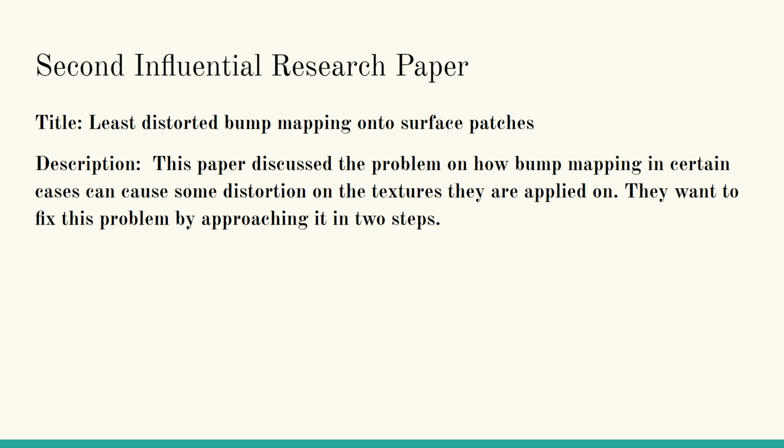with bump mapping. The second influential research paper was Texture Mapping and Bump Mapping onto Surface Patches. What this paper talked about was the problem of how bump mapping, in certain cases, can cause some distortion on the textures it is applied on. They want to fix this problem by approaching it in two steps. The steps that they go over are the ways that I was able to implement bump mapping